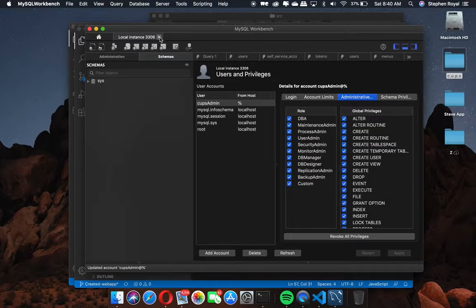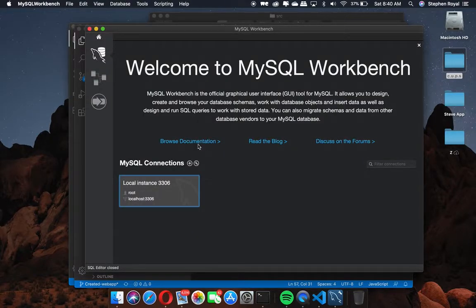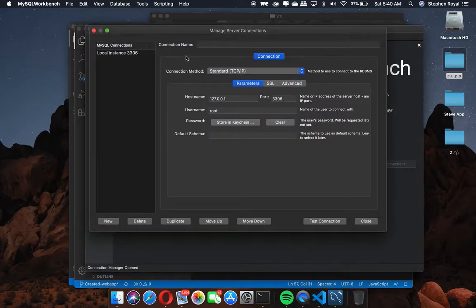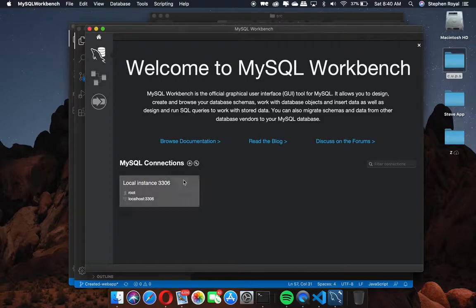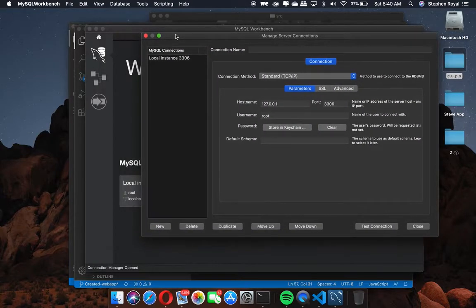After creating that user, you might want to create a connection to save a connection. So you click this icon beside the plus, a wrench-like one, I don't quite remember the name at the moment, but yeah, this icon. You want to create a new instance, so you click new, and you can give this connection a name. We name this CUPS admin as well. We'll then change the username to the user we have just created, CUPS admin,